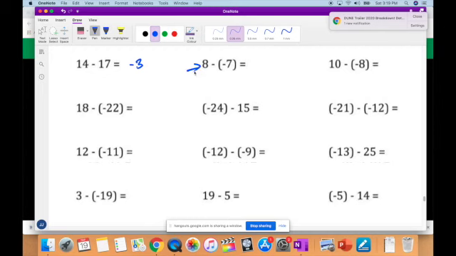Where's this one now? Somebody. Don't let me have to call people's names, you know. Let me go fast. 15. Why? Because